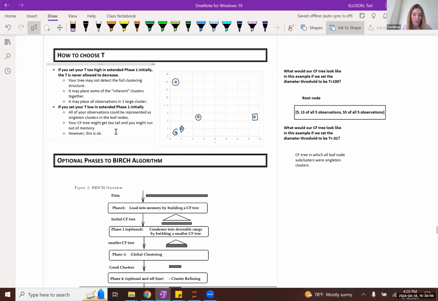However, if you're using the extended phase one, this is okay. Extended phase one will increase T iteratively. Because the extended phase one always allows you to iteratively increase T if you run out of memory, it's a good idea to start with a small value of T as opposed to a larger value.